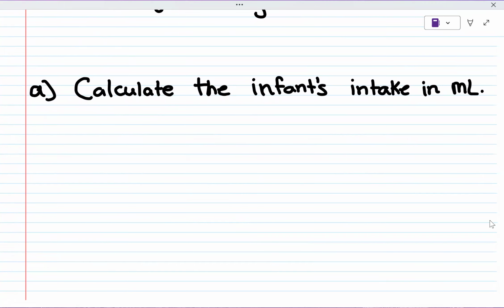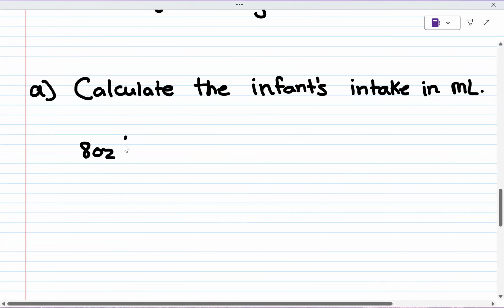So for part A, calculate the infant's intake. What was the intake? The formula. So the infant drank 8 ounces of formula, right? The intake, or what they put in as fluids, is the formula. So the baby drank 8 ounces of formula. So it's going to be 8 ounces times